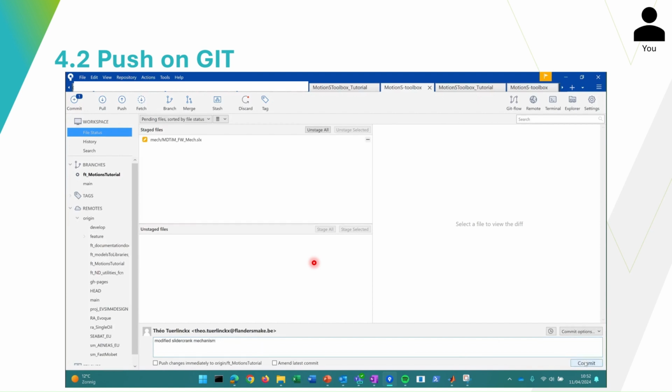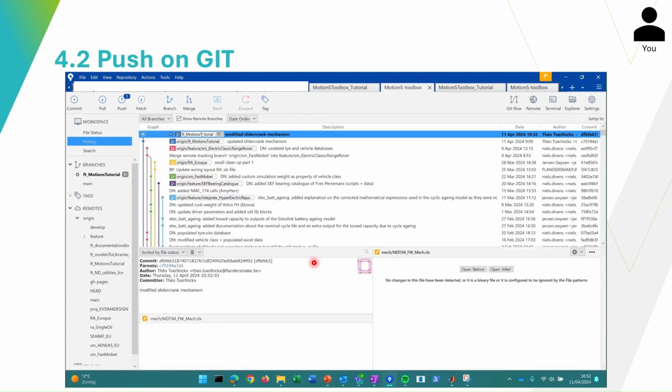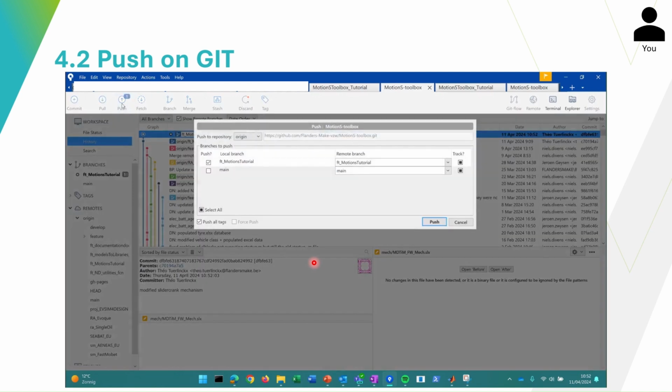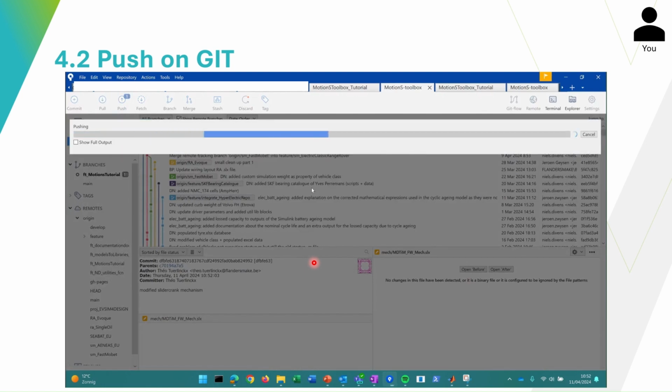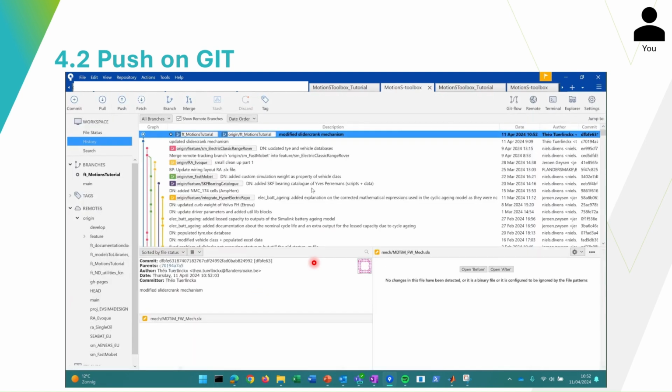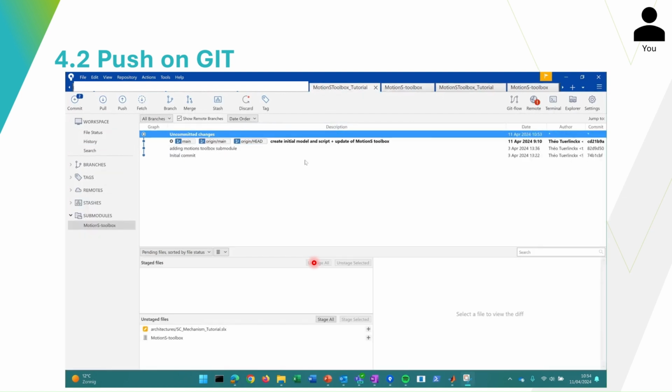So we commit our change, and we can push it still to our own branch, the Motion tutorial, because we don't want to push on the main branch. Now that is done, we can go back again to our tutorial repository,